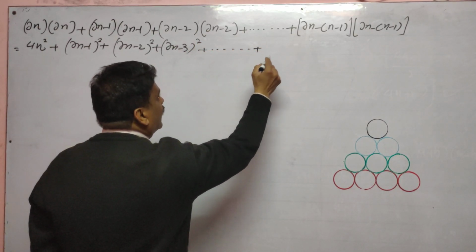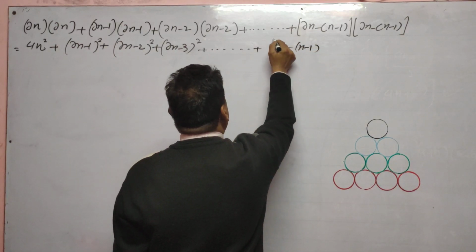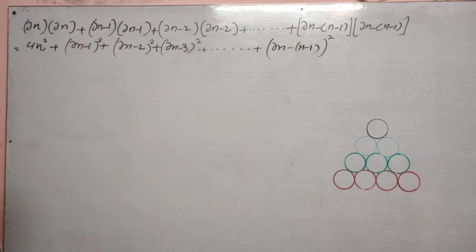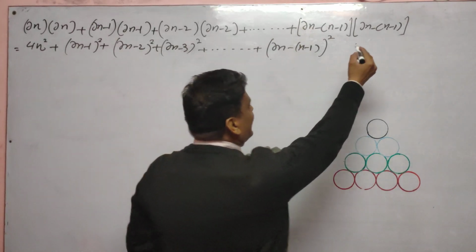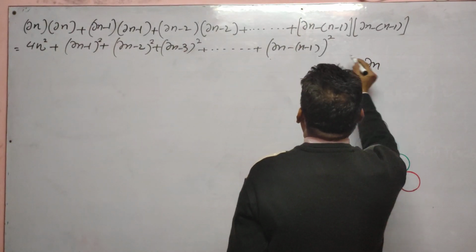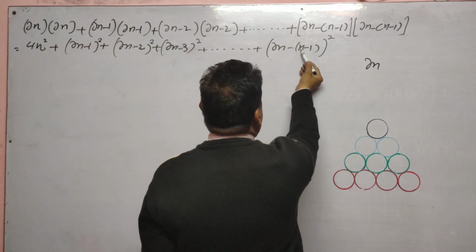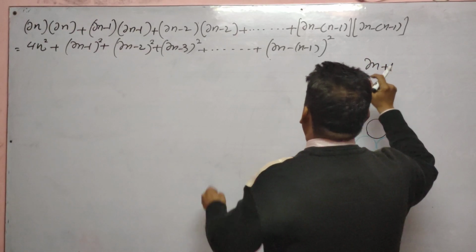In the end, we write (2n minus (n minus 1)) whole square. We don't simplify 2n minus (n minus 1) as n plus 1. We don't write that because